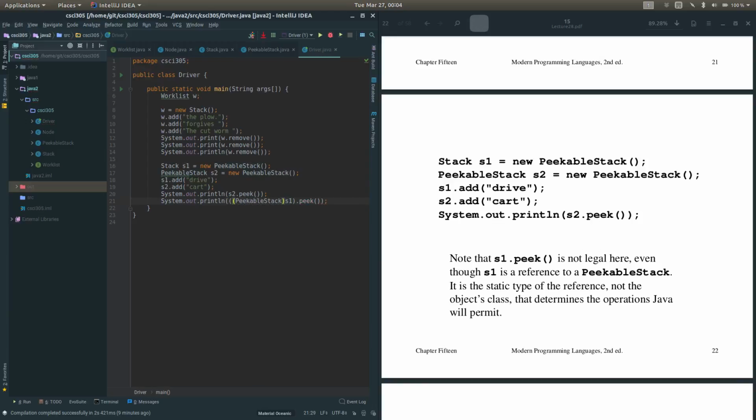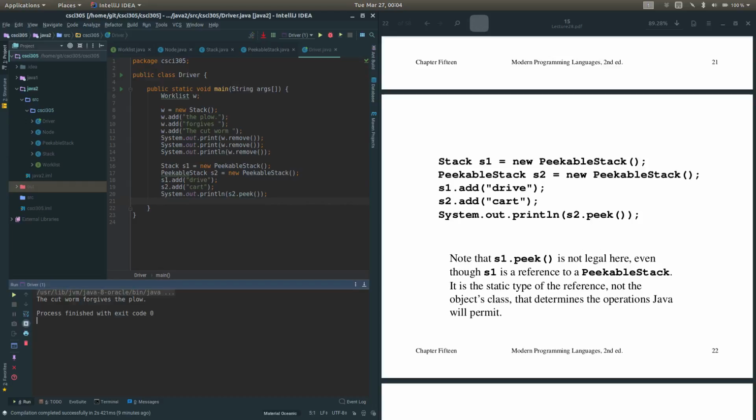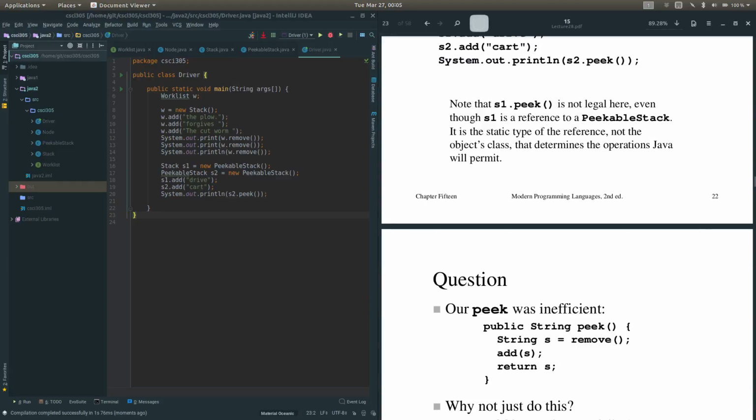So we can do it, but it would be more annoying than anything else. We'll go ahead, run that just so we can verify. And we get cart, right? Because that's the only item that is in S2. But it gives us the validated output that we expected. Okay, so